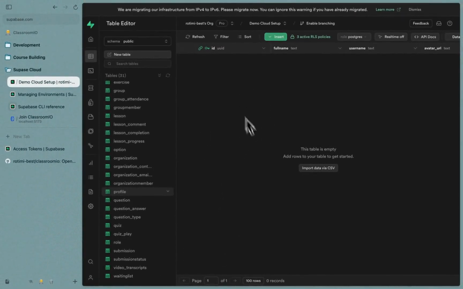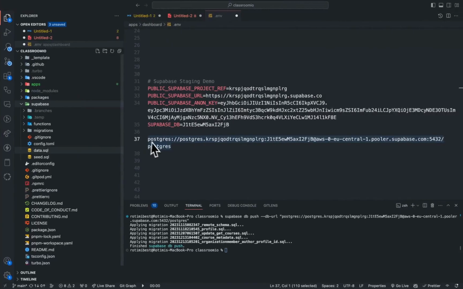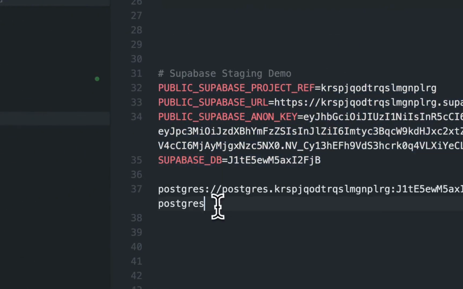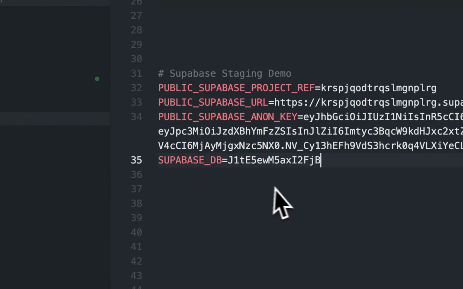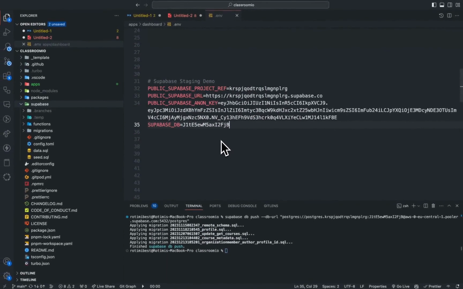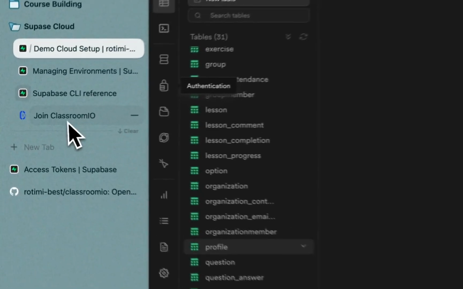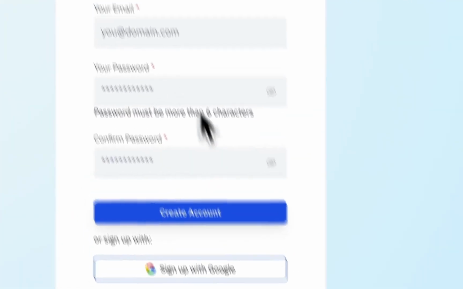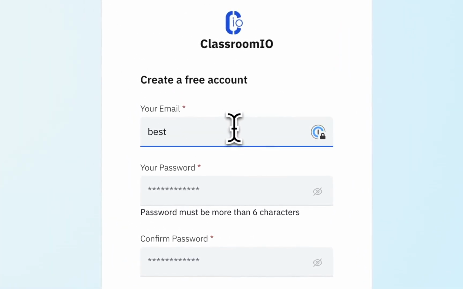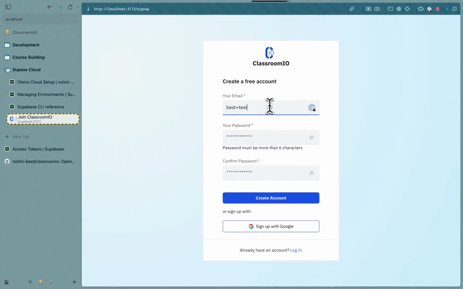Now the next thing is that all the tables are empty, right? Now to get everything to start using it, everything is configured here, running. I'm just going to remove this and then I'm going to save this, and then I come here and I come to the sign up page. You can put any email here,